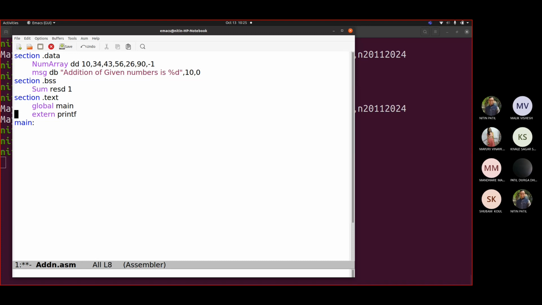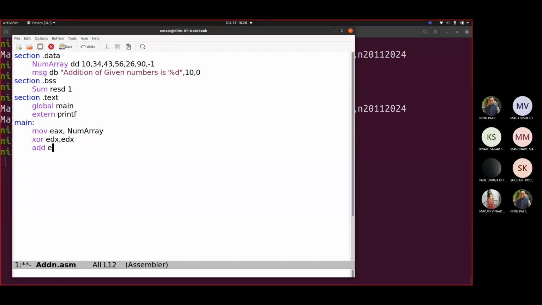Okay, so let us go here. mov ecx, let us take the array address. This would be the address. Fine. So if I say add, first of all we have to say xor edx, edx.